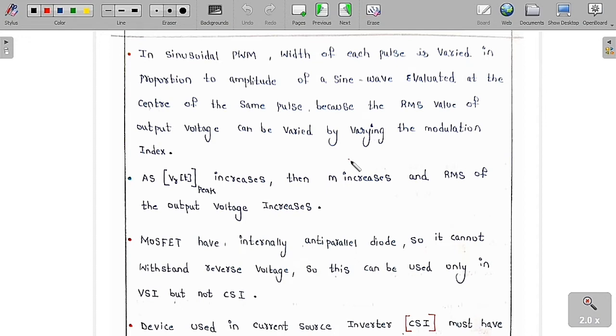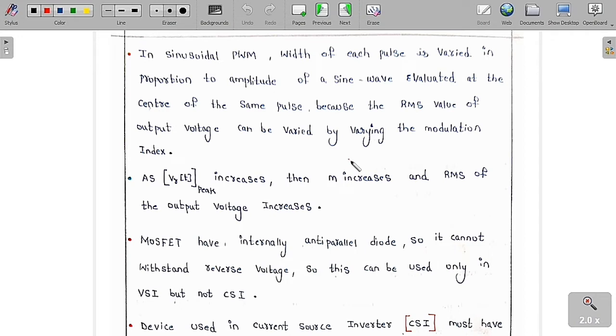So in sinusoidal PWM, the width of each pulse is varied in proportion to the amplitude of the sine wave evaluated at the center of the same pulse, because the RMS value of the output voltage can be varied by varying the modulation index. As we vary the amplitude of the sinusoidal waveform, the width of the pulse can be easily varied. Therefore, the RMS value of the output voltage can also be easily controlled with the help of the modulation